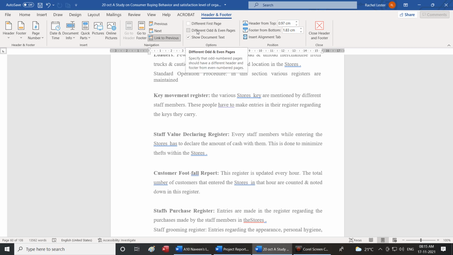B, different odd and even pages. Odd, O-D-D, odd and even pages. Very good. C, show document text.